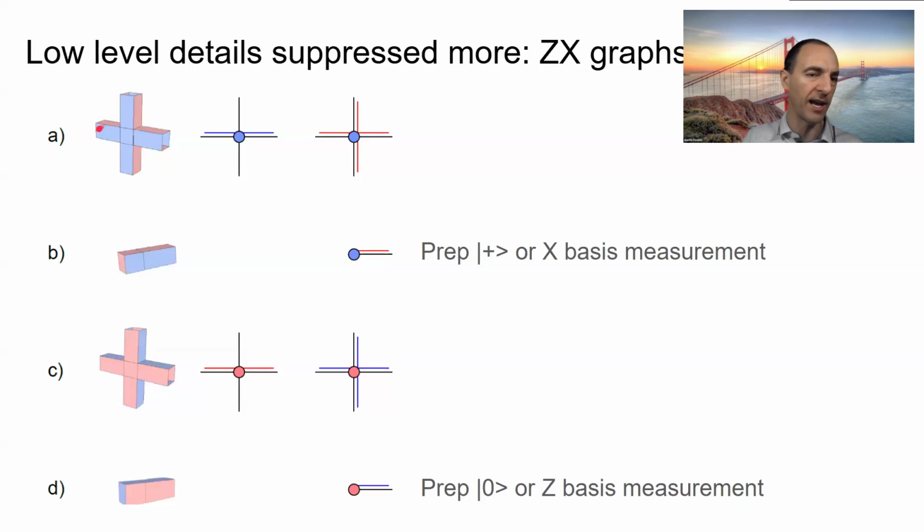well, you can drag that line like a piece of string that is stuck to blue. You can drag it straight through. You could drag it through and turn a corner and go up. You could drag it through and come down. Meaning, and we'll upgrade our language, correlation surface: a logical operator dragged through space and time traces out a correlation surface. If your correlation surface is the same color as the node, it must touch an even number of edges. If your correlation surface is the opposite color of the node,